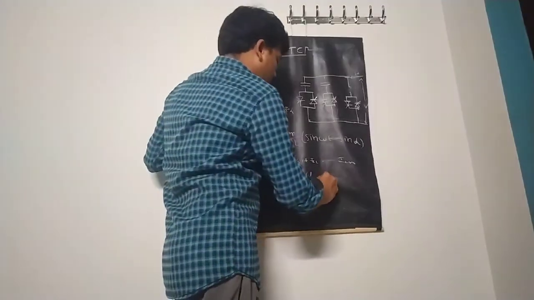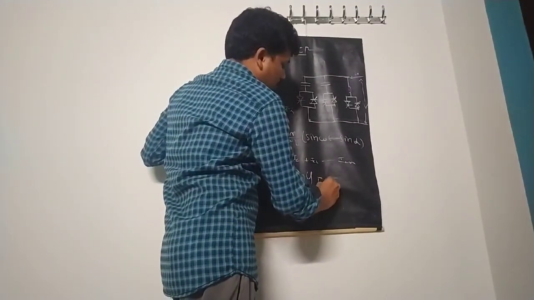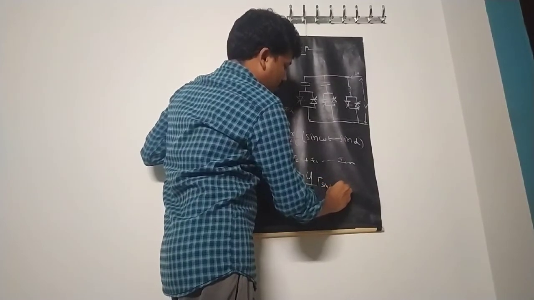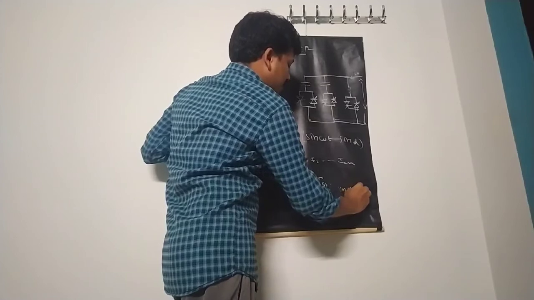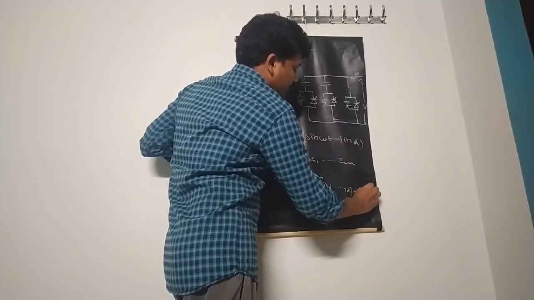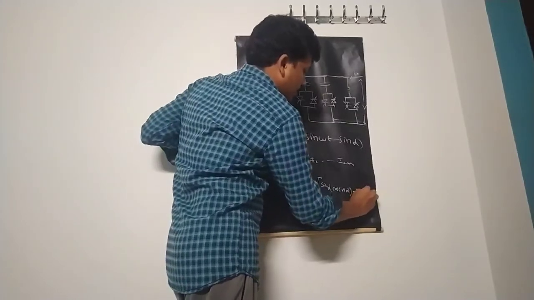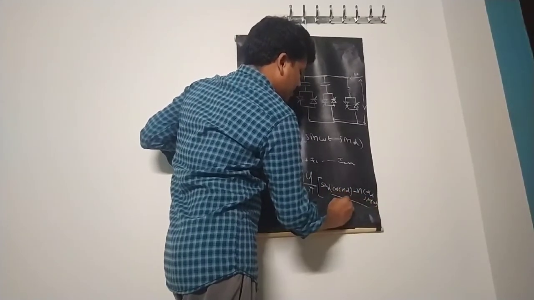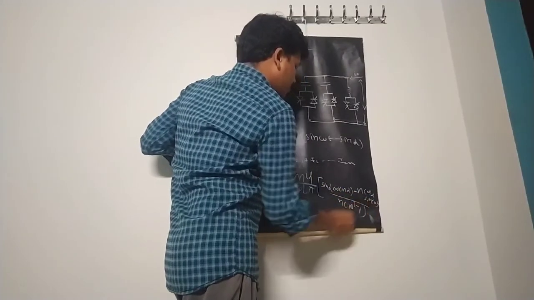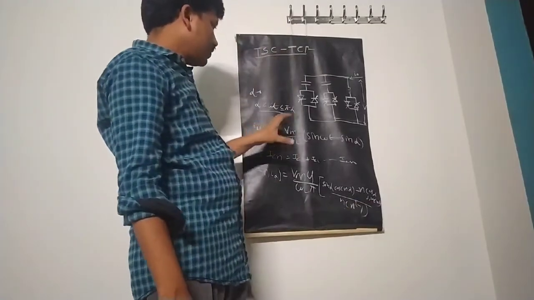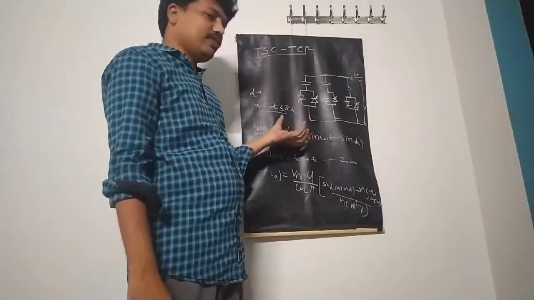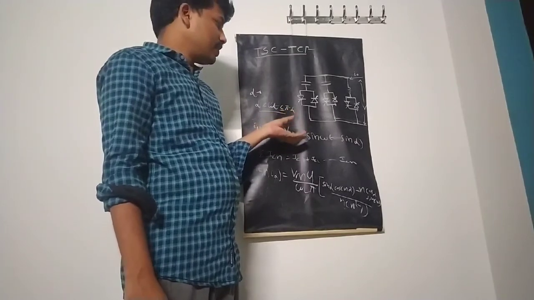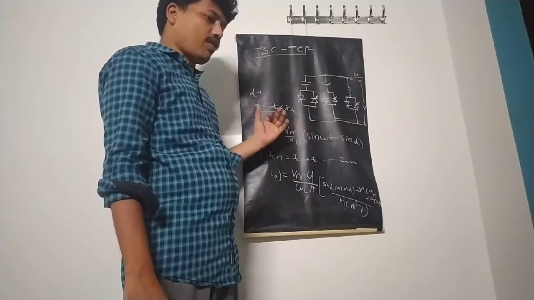into pi, and as a function of sin alpha cos n alpha minus n into cos alpha sin n alpha by n into n square minus 1. Whenever alpha is within the range, no problem. If alpha is greater than 0, that leads to discontinuous operation. Therefore, the fundamental current is along with harmonics.